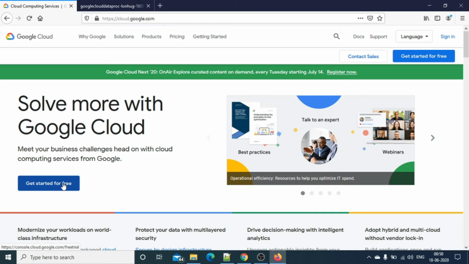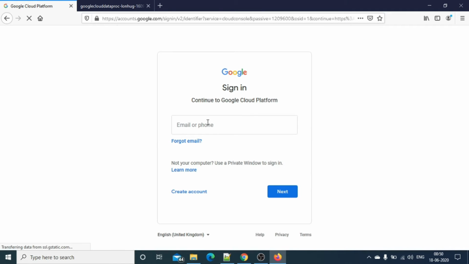So you can log in here, provide some details, and this is integrated with your Gmail account. If you have a Gmail account, you can log in from here, otherwise you can create an account. So I have the account and I'll log in.